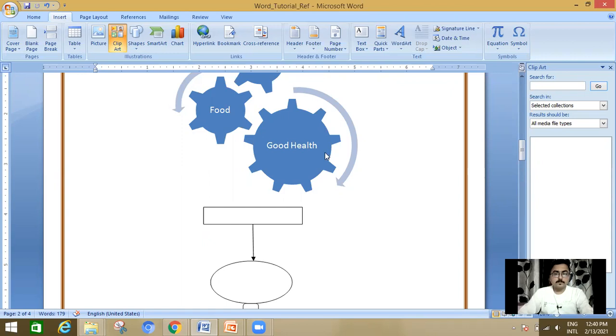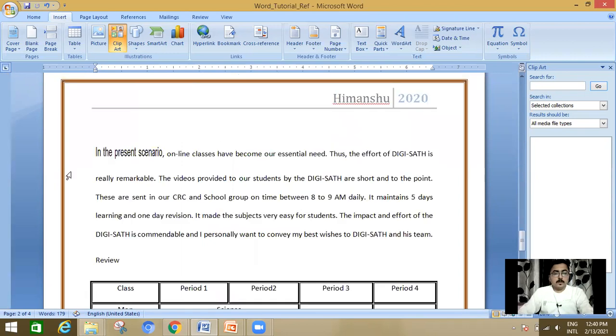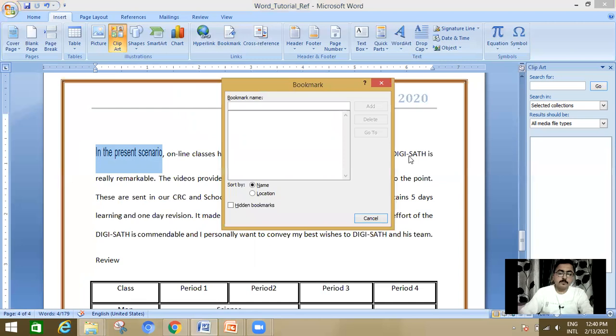For example, now I have completed the section above the cursor. Now I have to read from here the next day. So for remembrance, I have taken this section: click on it, select the section, go to Bookmark, give a name, say Day 2, and then click on Add.